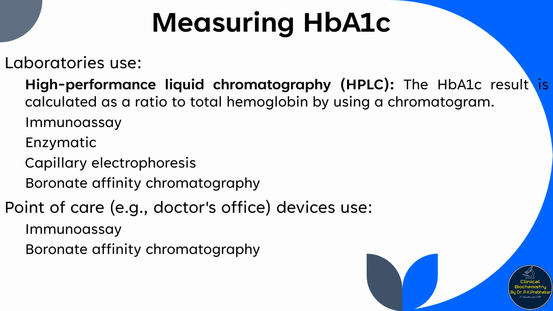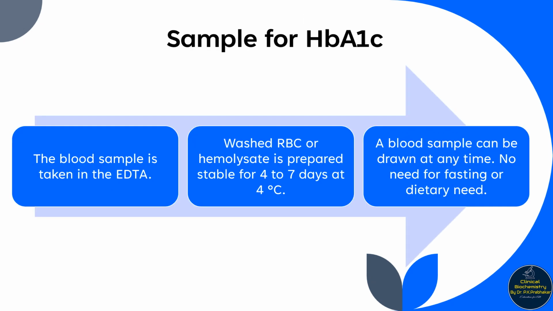Isoelectric focusing or immunoelectrophoresis measures HbA1c adequately, and it resolves different hemoglobins separately. When we talk about the immunoassay, that is very specific for HbA1c only. Affinity chromatography is based on aminophenylboronic acid bound to agarose or beads, that is, a glass fiber matrix, to react with the cis-diol group of glucose which is bound to the hemoglobin, and which measures HbA1. So when we take the sample for HbA1c,